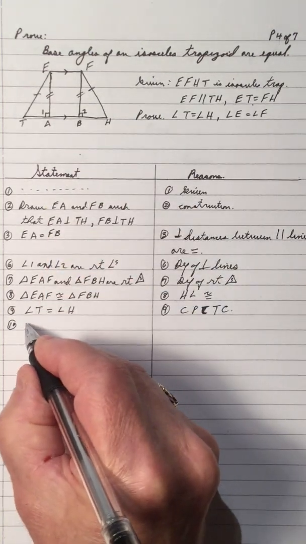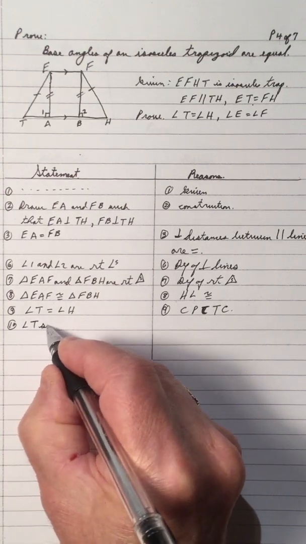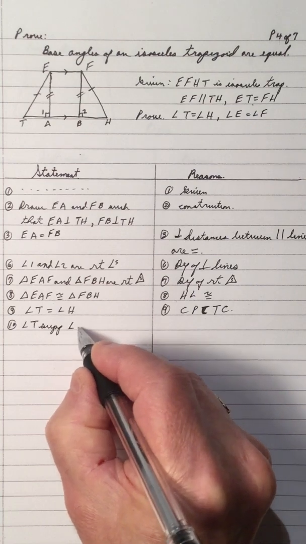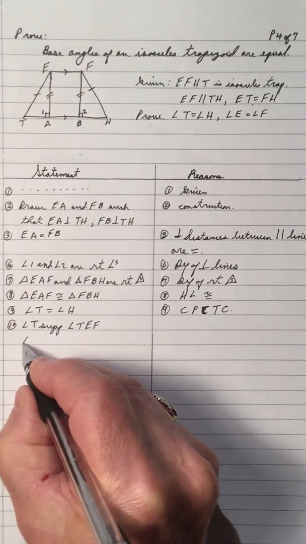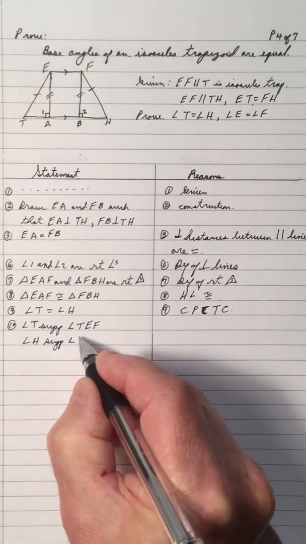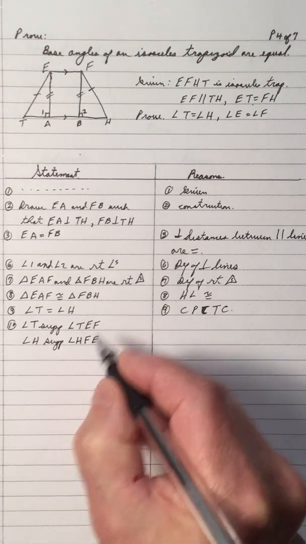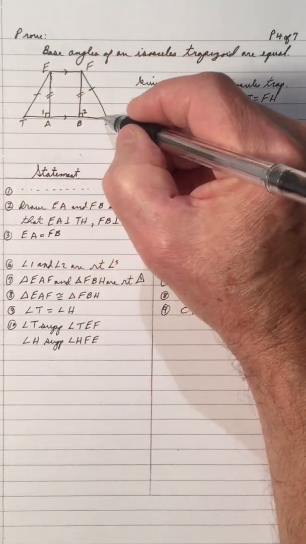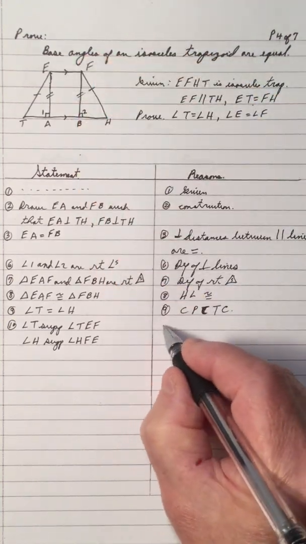Because these are parallel lines, angle T is supplementary to angle TEF, and angle H is supplementary to angle HFE. So this angle right here is supplementary to TEF, and this angle H is supplementary to HFE,